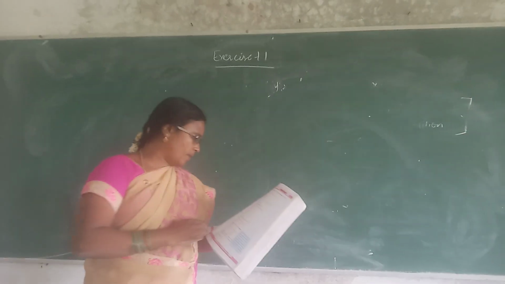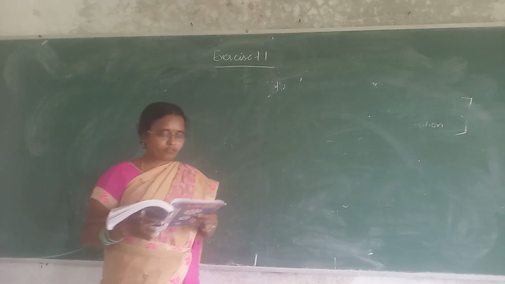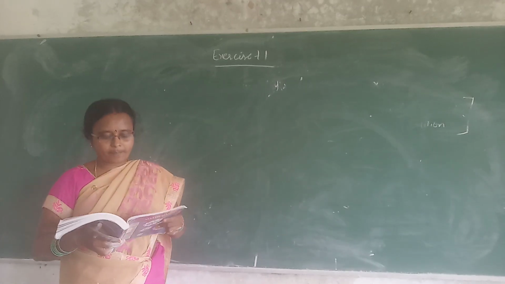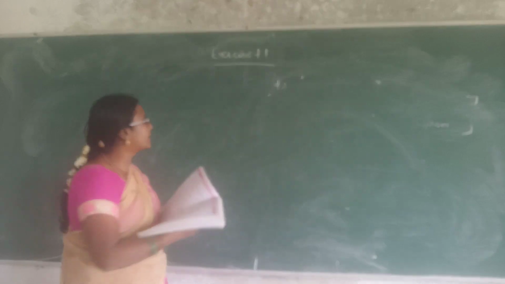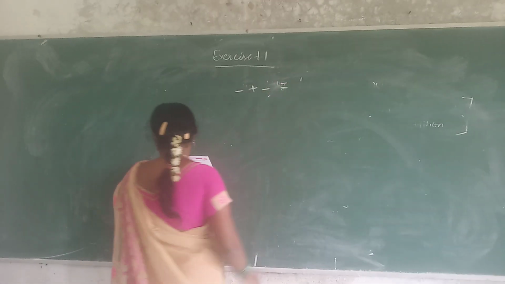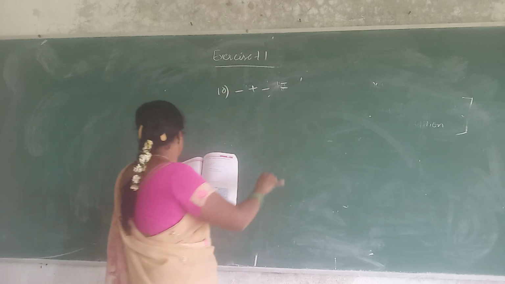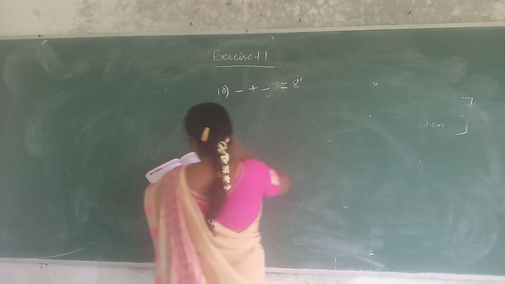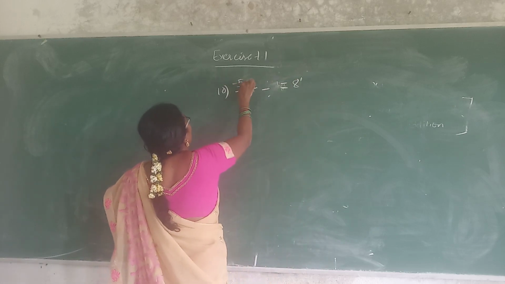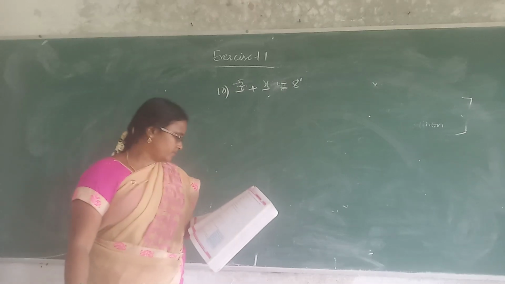Now for the next problem, I'll give a clue; you have to solve it on your own. The sum of two rational numbers is 8. If one of the numbers is minus 5 by 8, find the other. He is saying that two numbers are added to get the value. This is the 10th one. To get 8, among this it is given that one number is minus 5 by 8. What is the other is being asked; consider it as x and find the value of x here.